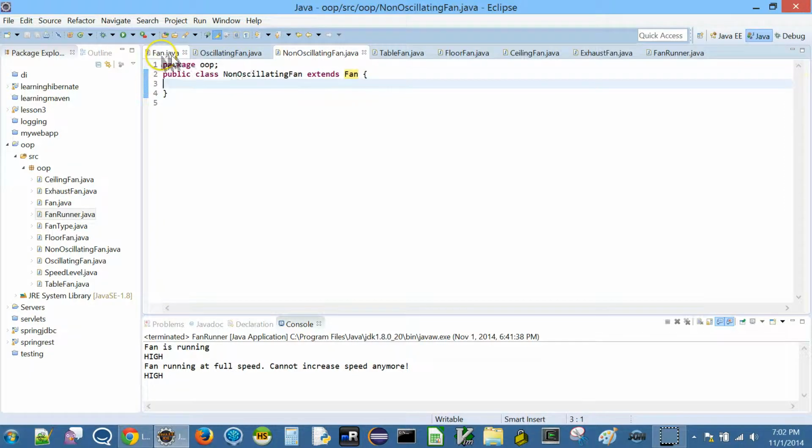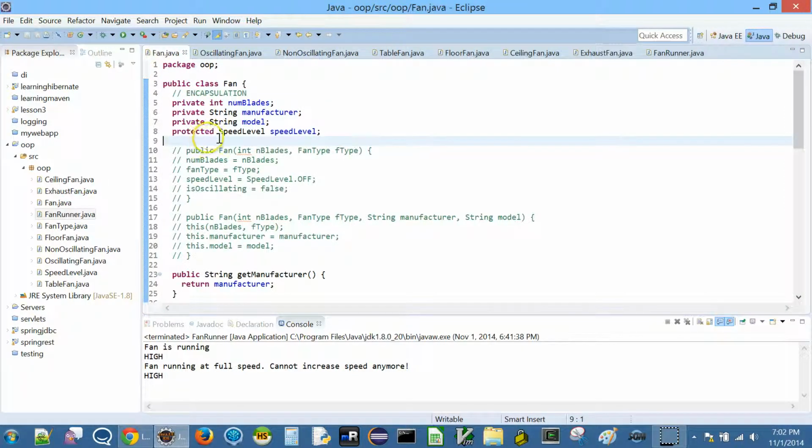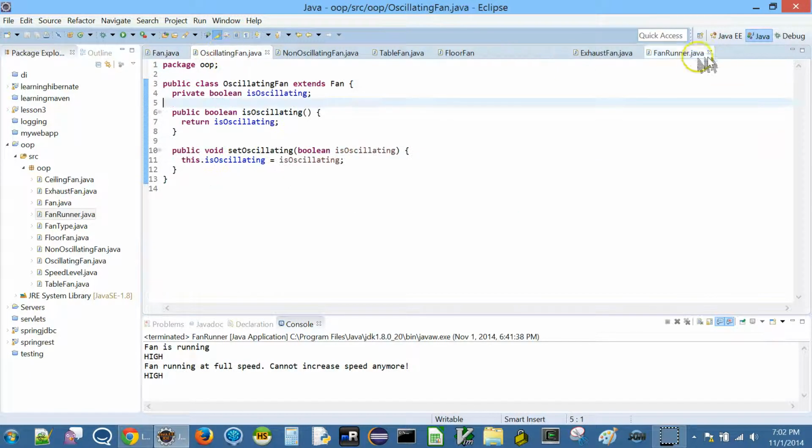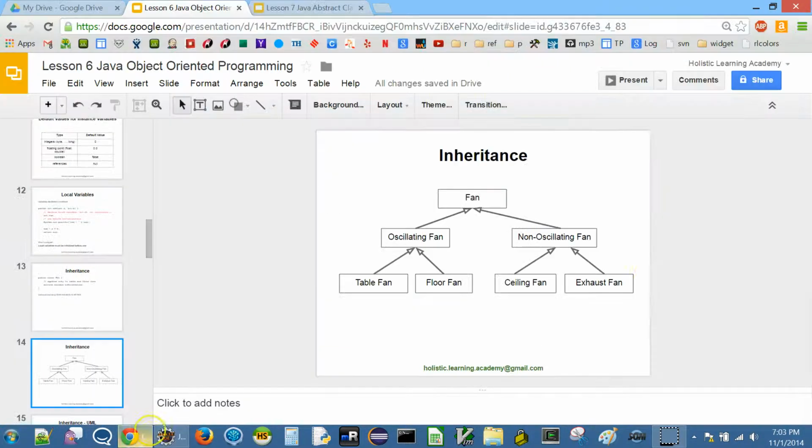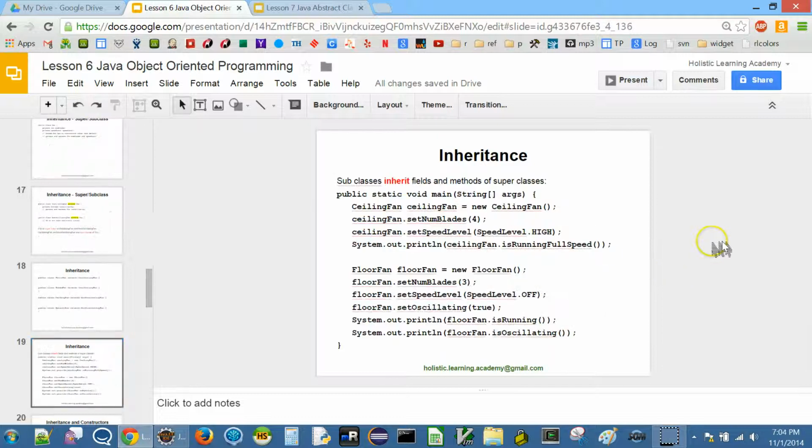So I should not allow people to create something like new fan, for example. Sorry, let's just go back here. So we got fan runner. I don't want people to be just creating new fans because I want to know at the time of creation what kind of fan it is. Okay, so that is one problem we need to address. And also we need to make sure our constructors are good. Okay, so what we mean by that we'll see.